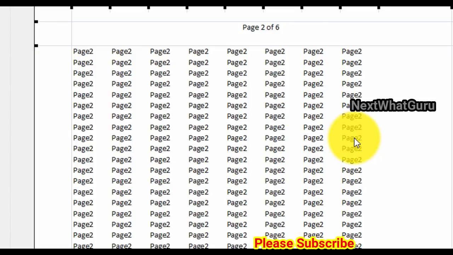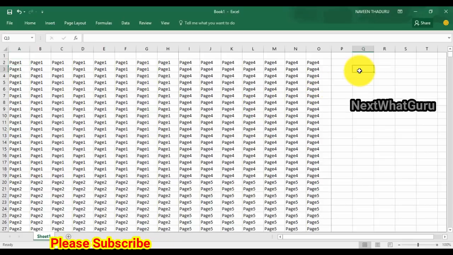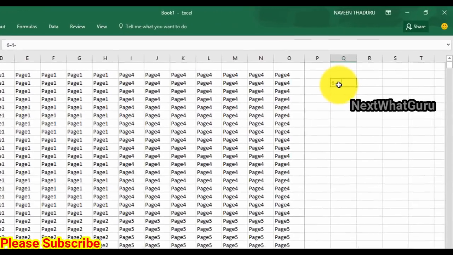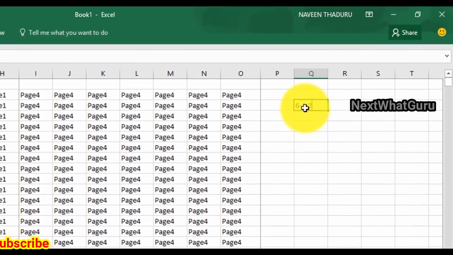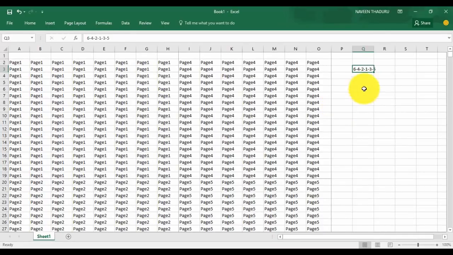But since your boss asks you to change the order, say the 6th page has to come first, next the 4th page, then the 2nd page, then the 1st page, and then the 3rd page and the 5th page. So this is the order you want to take a printout. That is what your boss asks for, for some strange reason. Don't ask me what the reason is. So what you need to do, instead of reorganizing your sheet, is this: the order is 6, 4, 2, 1, 3, 5.